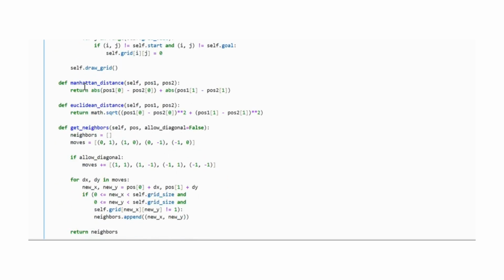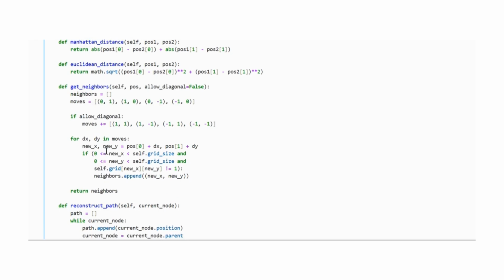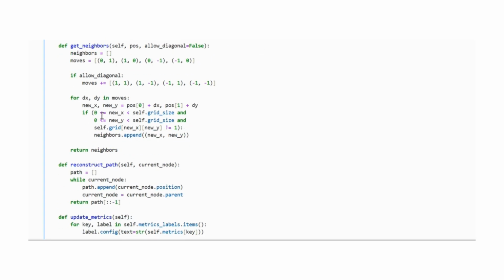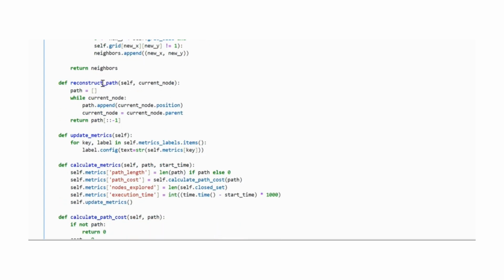Then we use the Manhattan distance formula. We use the Euclidean distance formula, and we get the neighbors if the diagonal is allowed. So we make these moves. We return the neighbors, then we reconstruct the path,